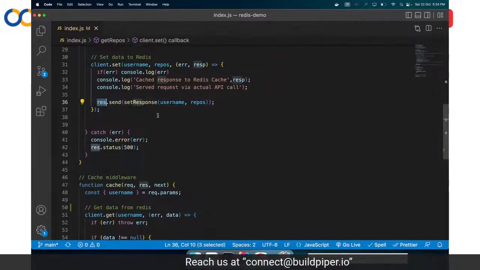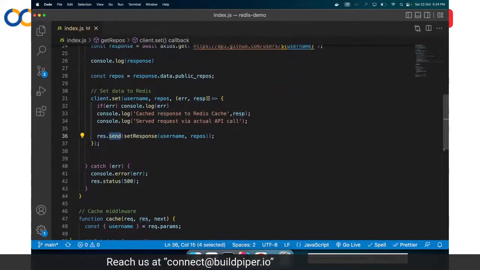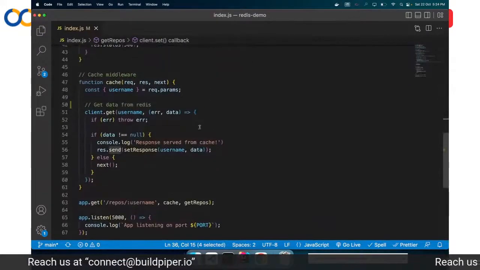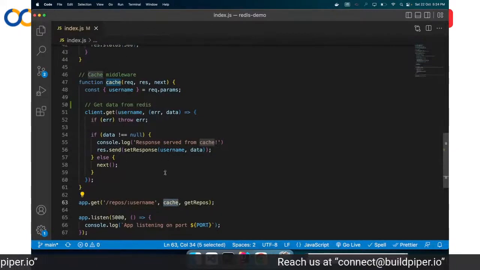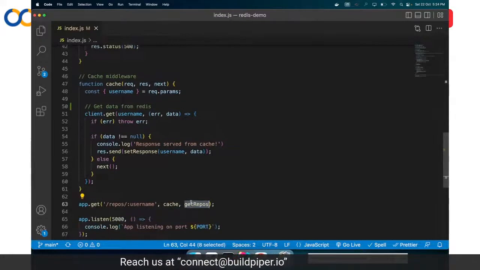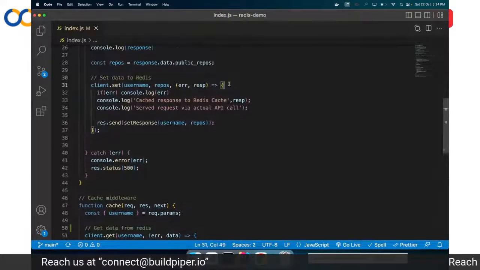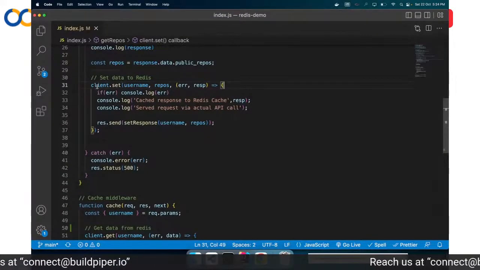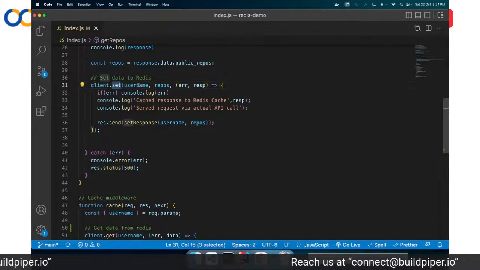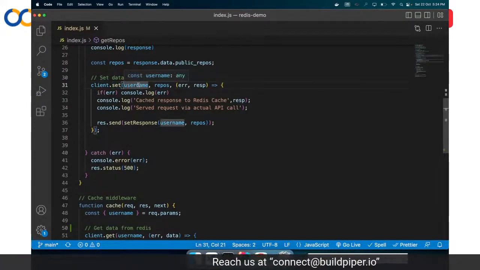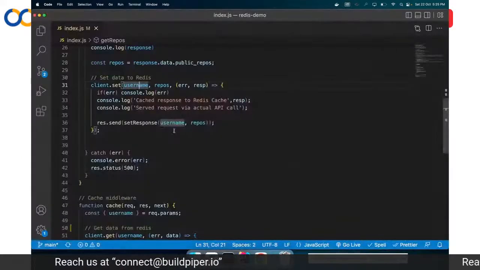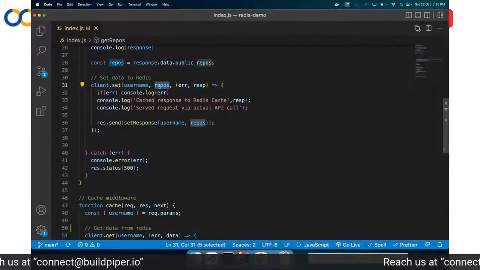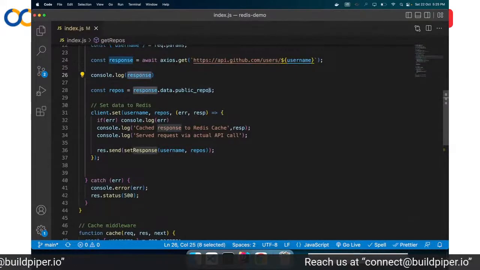So I'm doing a response.send. Also, this is a helper function, like a middleware function that we'll introduce before making this actual handler call. So in this handler, I'm setting the data to Redis using a simple client.set and using the username as the key, which is nothing but the username that we are providing from our browser, and the repos count, which we have extracted from the response here.